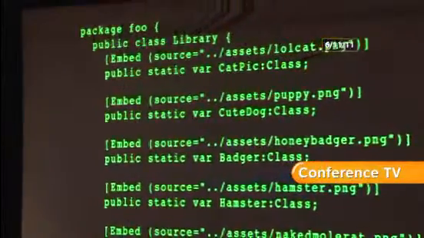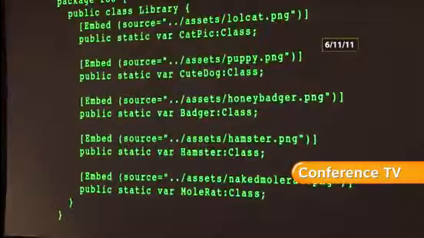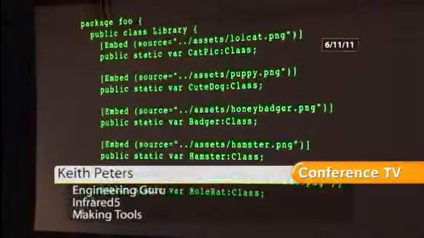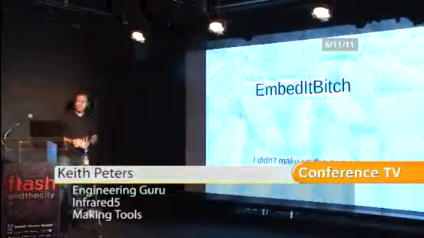So this is all stuff that Flash is great at. It's reading directories, recursing through directories, writing out text files based on file names, and saving that as a text file. And so I present to you Embedded Bitch, which